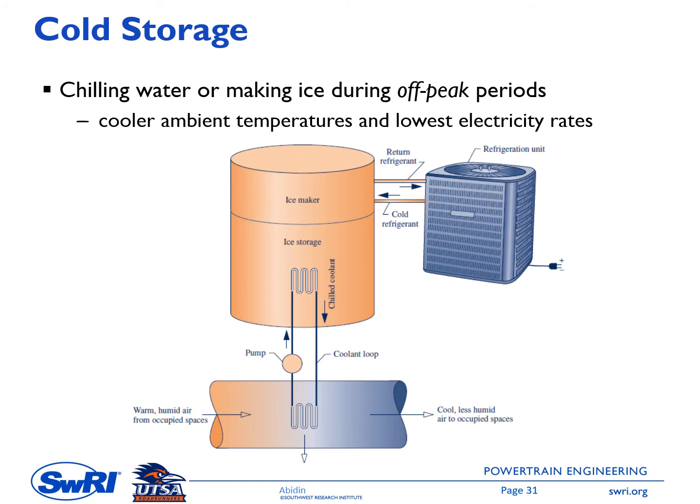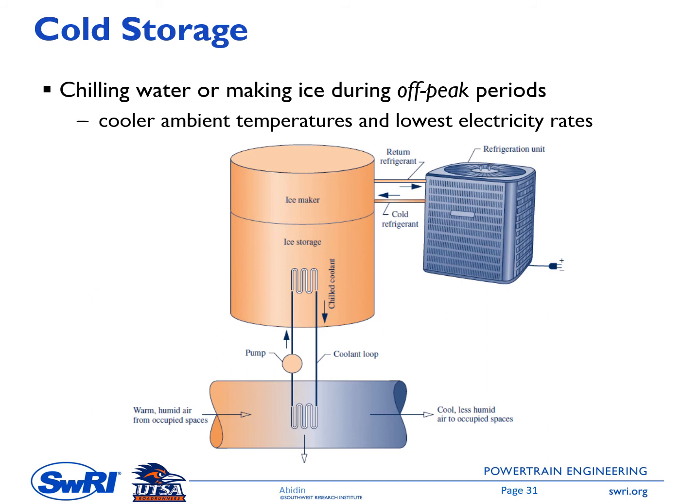So in this coil storage, chilling water or making ice is conducted during the off-peak period. When off-peak period, this means maybe in the evening, when the ambient temperature is cooler, and also when the electricity rate is the lowest. So it means we have two benefits here. When the ambient temperature is cooler, we minimize the loss, and in the evening the electricity rate